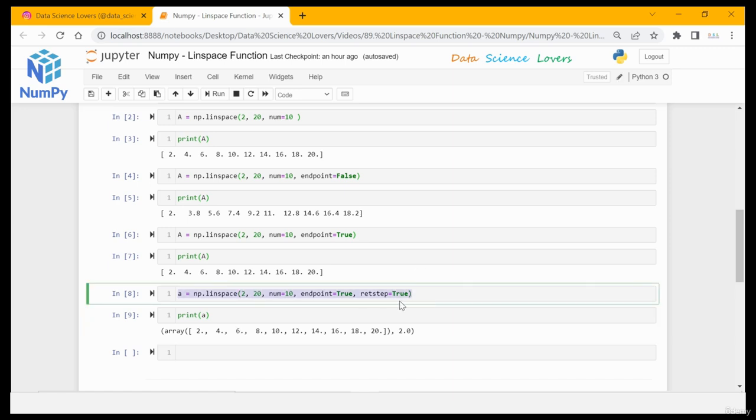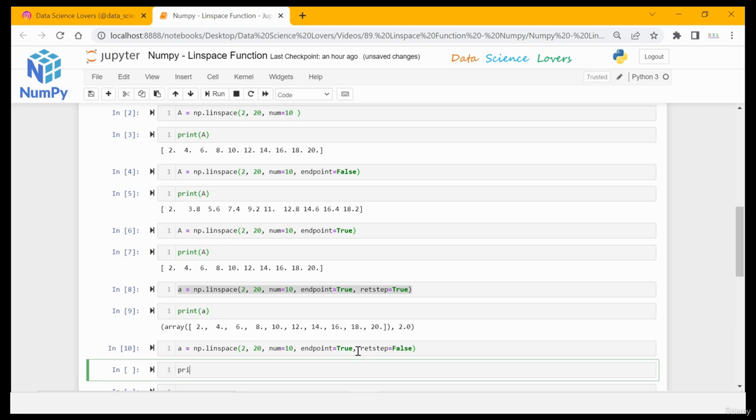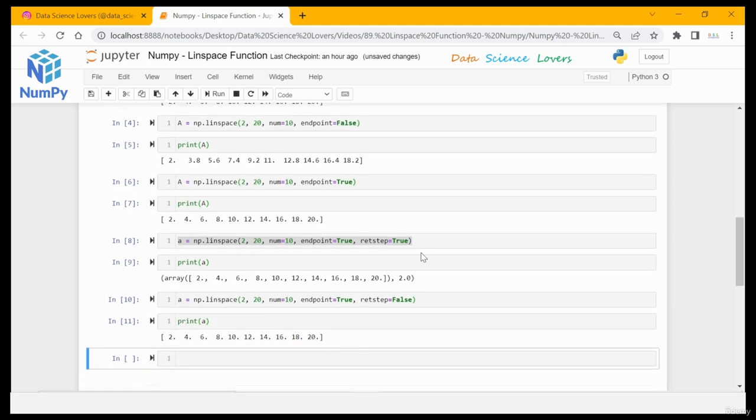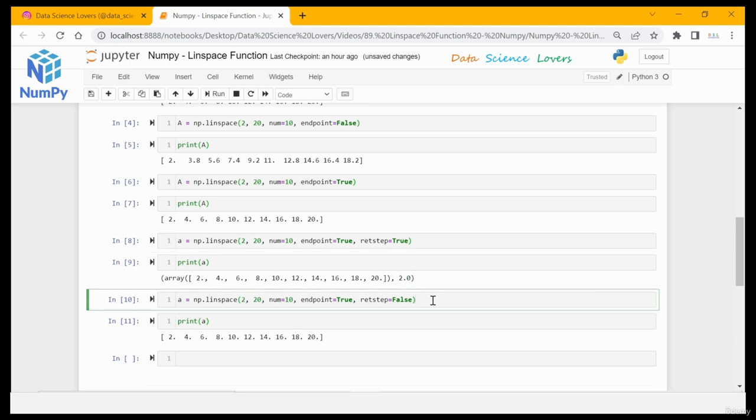When I give retstep equal to true, it is showing the step value, and when I pass retstep equal to false and we print a again, then it will not show the step value of 2. And also notice one thing here: the output when we use retstep equal to true is shown in the form of a tuple, which is denoted by these two round brackets, and when we put retstep equal to false, the output is in the form of a 1D array. Okay,